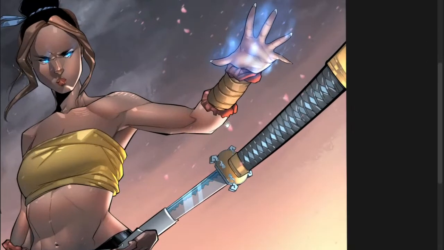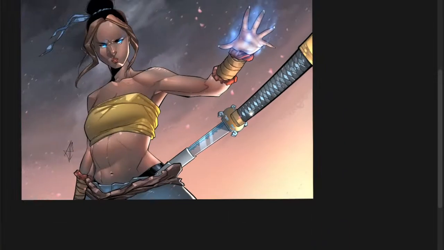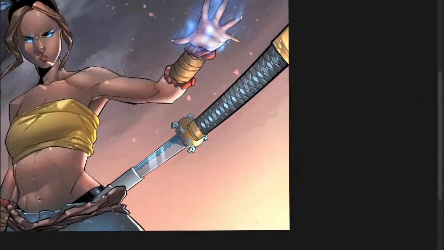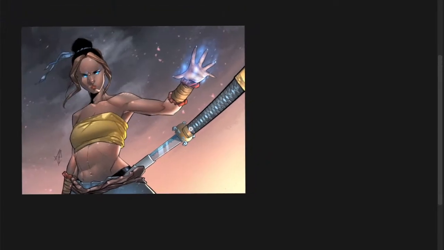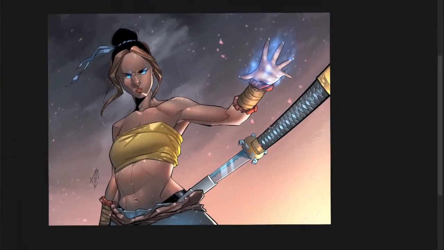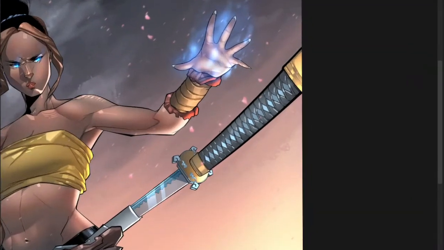Yeah, I have this here, and now I have to create some kind of horror around the sword to make it show and pop. Okay, yeah, she's actually controlling the sword. So how am I going to do? Create a